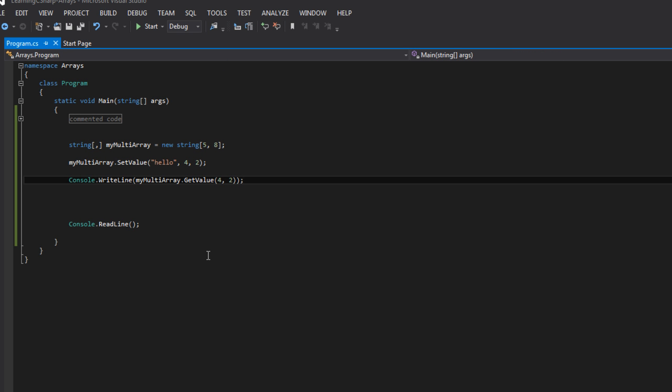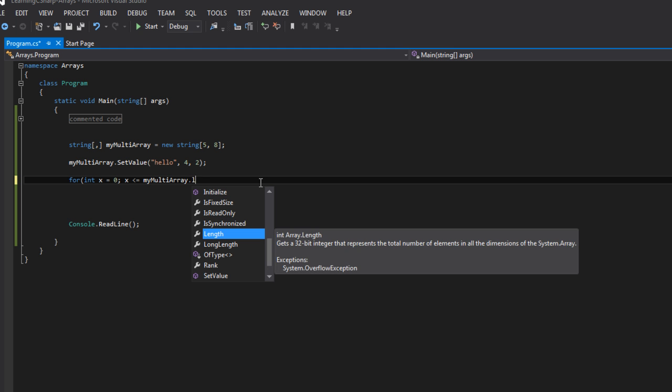Now, if we want to loop through a multi-dimensional array, it's a little different. You can't just use length anymore, because now the length is 40, and we obviously don't have that many locations. So we have to use a different method called get upper bound, which gets the max element from whichever dimension we're talking about, and I'll demonstrate that here. Since we have 2 dimensions, we'll need 2 loops. We'll start with the first loop: for int x equals 0, x is less than or equal to my multi-array dot